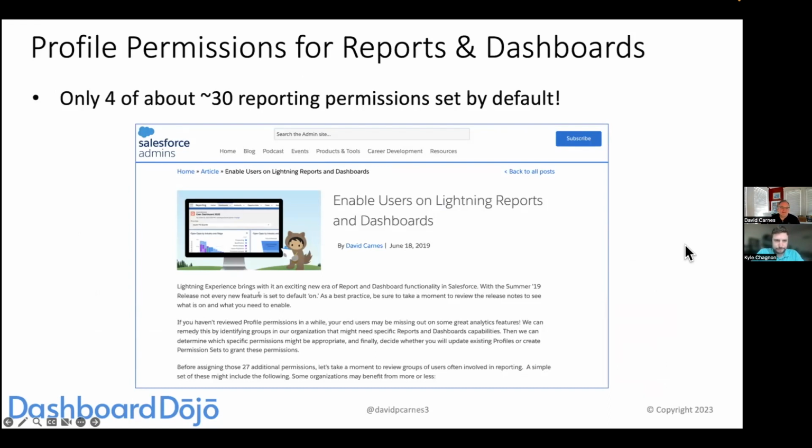So this is a little bit of a problem, especially when it comes to super users, right? So sysadmins always have the ability to pretty much do everything. So sysadmins don't realize that the people in the middle, who are often your best report and dashboard writers, often don't have the permissions. And for those of you on the call that aren't sysadmins, I want you to advocate for yourself. So this particular article